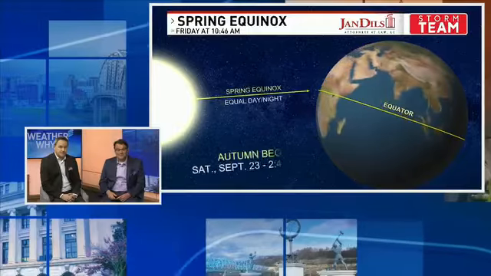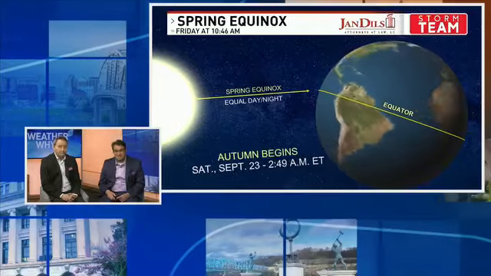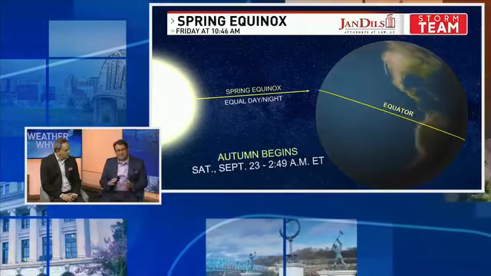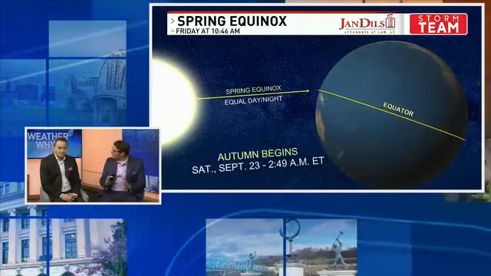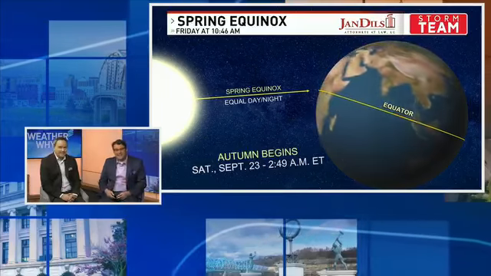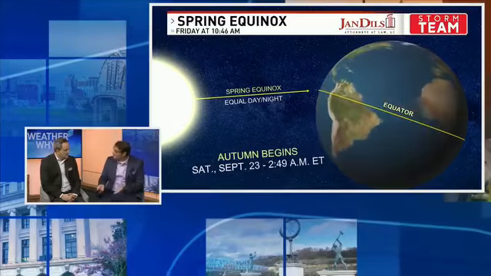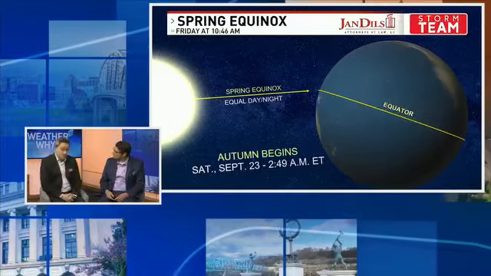You mentioned latitude. The Earth is tilted on its axis at 23.5 degrees. And because of that, the direct sunlight goes to the equator. Well, it just so happens that the sun's rays are centralized over the equator at this particular time of year, and that means that our hours of daylight, at least in our region of the northern hemisphere, are generally equal or close to equal. Yeah, that's exactly right, 12 hours. So that tends to allow for some warmer air for most of us.